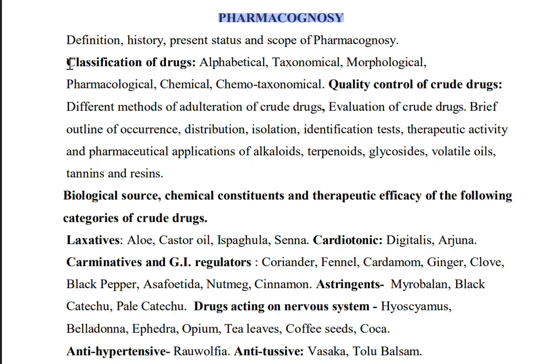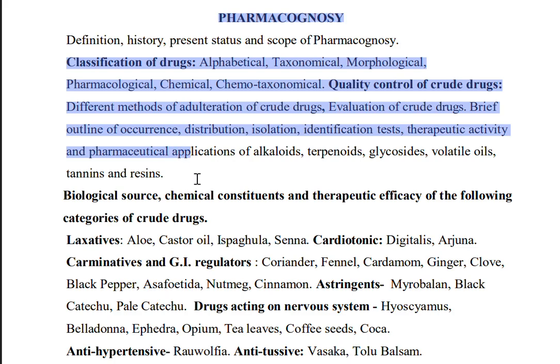In this section we have to focus on the upcoming crude drugs, such as pharmacological, chemical, and chemotaxonomical classification. Then the different methods for the adulteration of crude drugs, and evaluation of crude drugs. Briefly outline the occurrence and distribution, and isolation, in which method, distillation or maceration, like that several isolation methods. We have to focus on each of the given drugs. We have to study the isolation method,